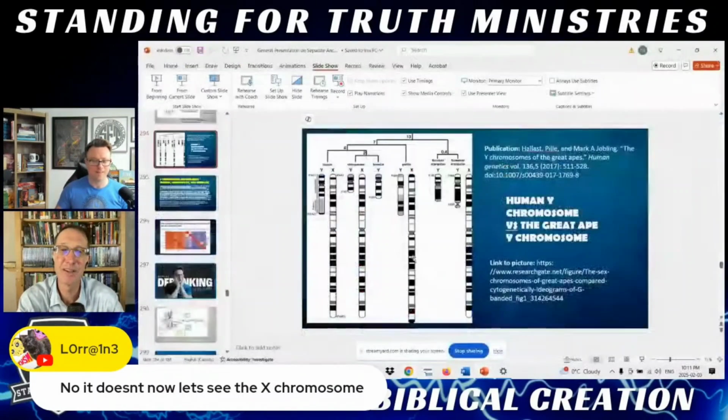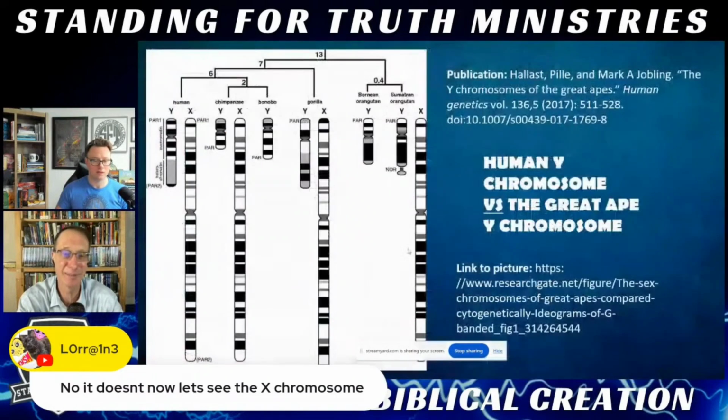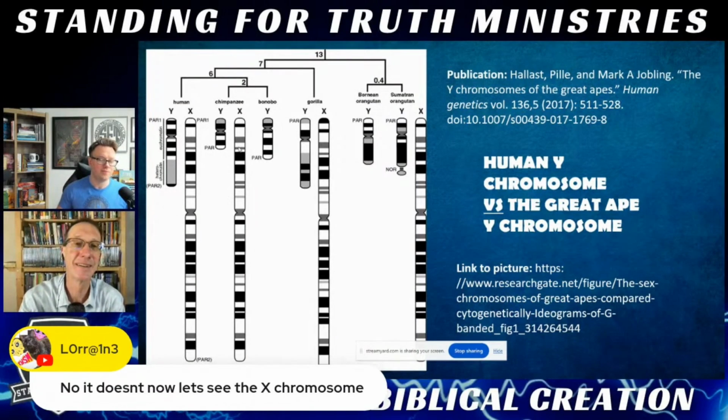Right. We have a friend of the channel here. It's a critic, but you know what, Lorraine? Allow us to keep working on you, and you'll be a creationist in no time. So she proves my point here, Brian. She says, well, let's look at the X chromosomes. Sure. Oh, good. What's that? 69% similar, 59% similar. So even if they're more similar to each other, the X chromosomes are more similar to each other in humans and chimps than the Ys. You can see that visually.